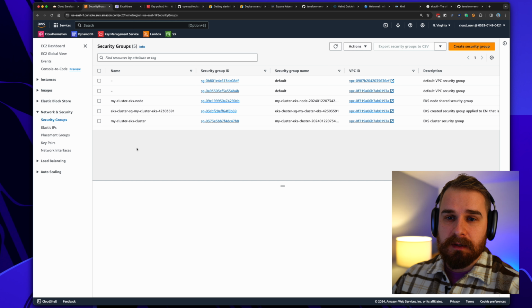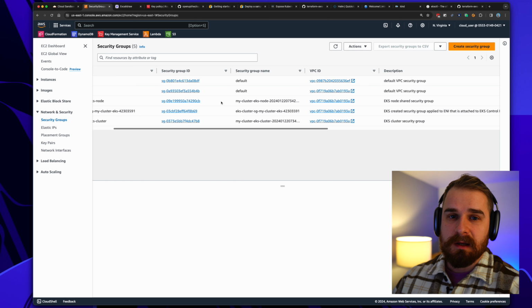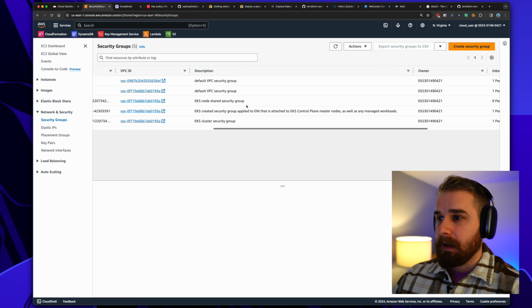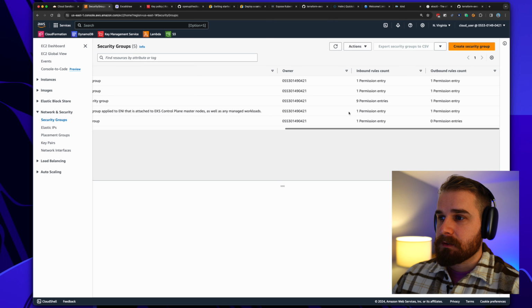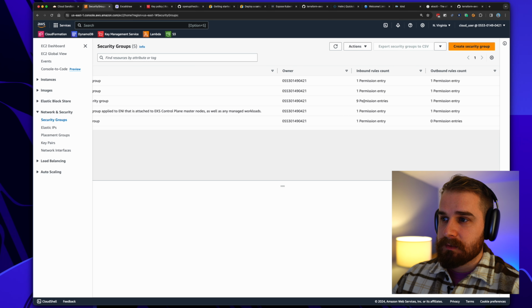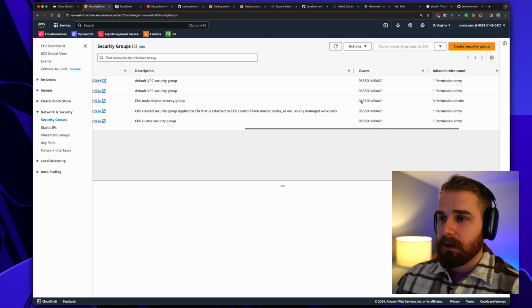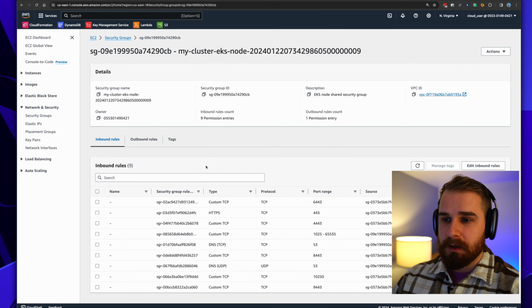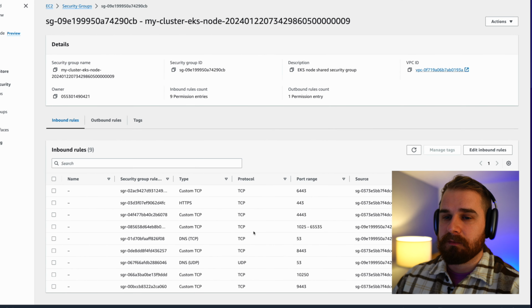Okay, so now I'm over in the security group aspect of EC2. Now you can go ahead and dig into these. Like I say, security groups like firewalls, they dictate the traffic that can come in and out of our cluster or our nodes. You can see that one of our security groups has 9 permission entries and 1 outbound for each. Now, if I go in, let's have a look at just this one here, this first security group. This is the one for our nodes and defines the different types of traffic that can flow in and out